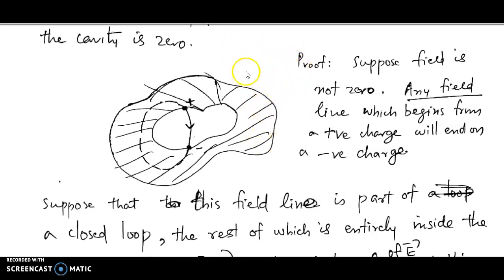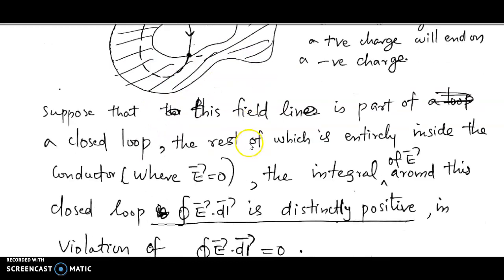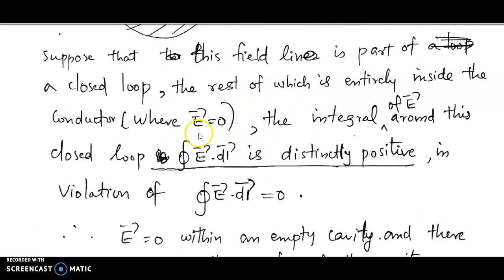very high electric field around here outside the conductor, but that electric field cannot penetrate the conductor because here it will be zero. Electric field is zero here, and since electric field is zero inside the cavity as well, there are no charges on the inner walls of the cavity, and there will be no electric field inside the cavity or in the conductor. So we are relatively safe inside the car because we are inside the cavity where electric field is zero.